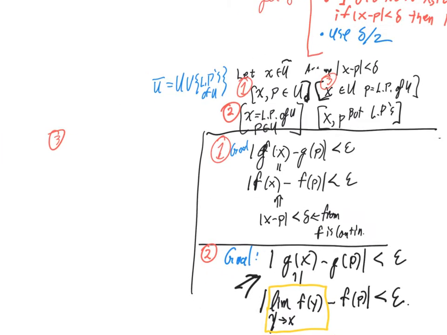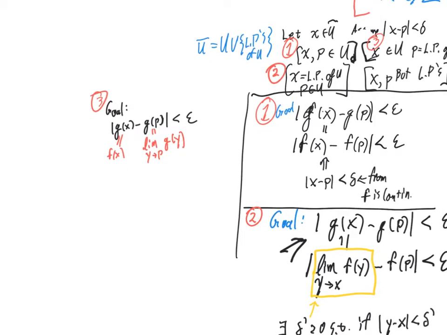Well, again, let's use the same tack to get this sketch. So the eventual goal is the same as in all of the other ones, absolute value of g of x minus g of p to be less than epsilon. And this time I have p as a limit point of u, so g of p is equal to the limit as y approaches p of g of y. g of x, on the other hand, is the same thing as f of x. So eventually I want g of x to be close to g of p by taking x close enough to p.